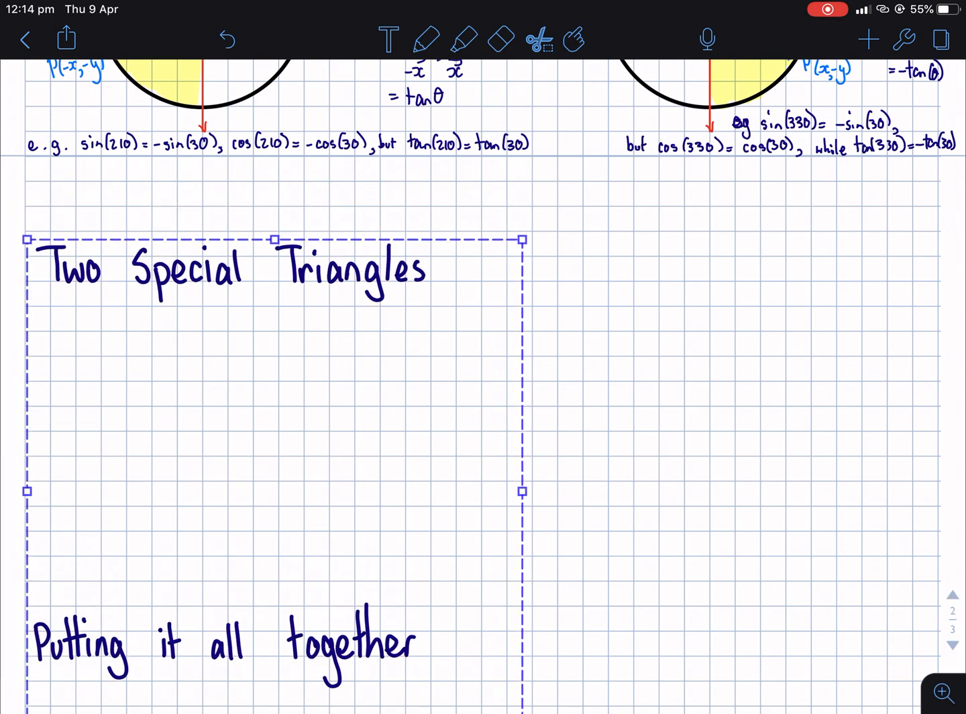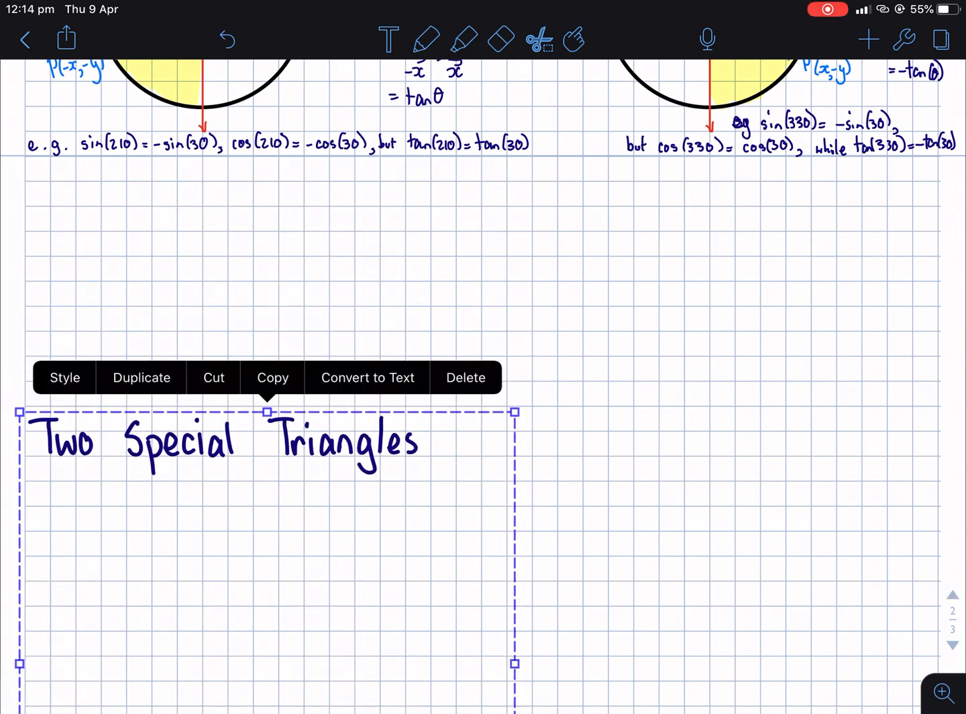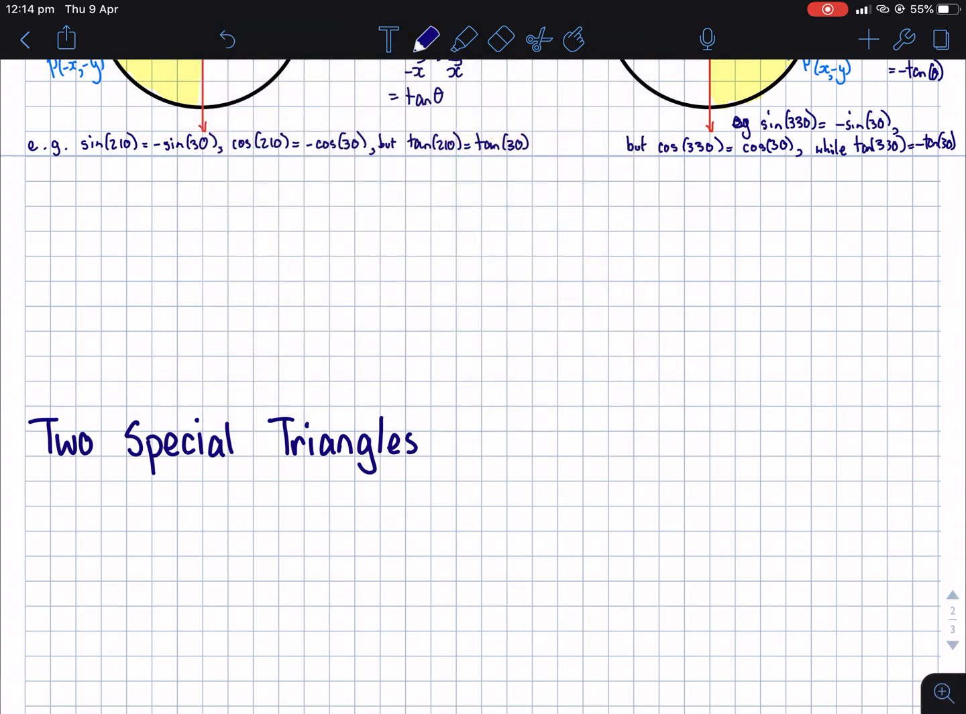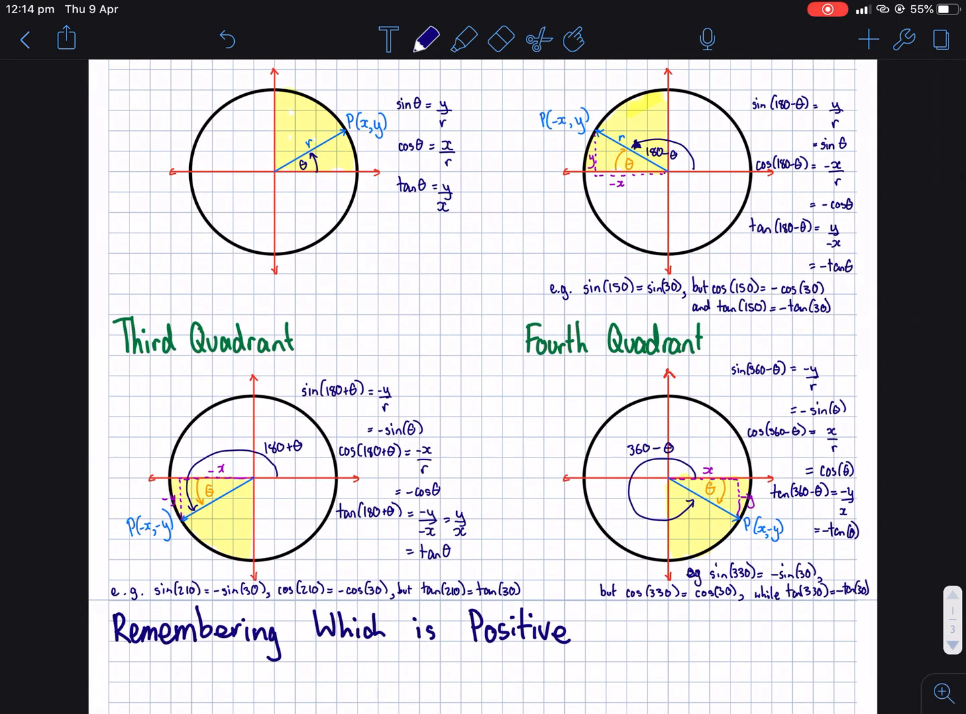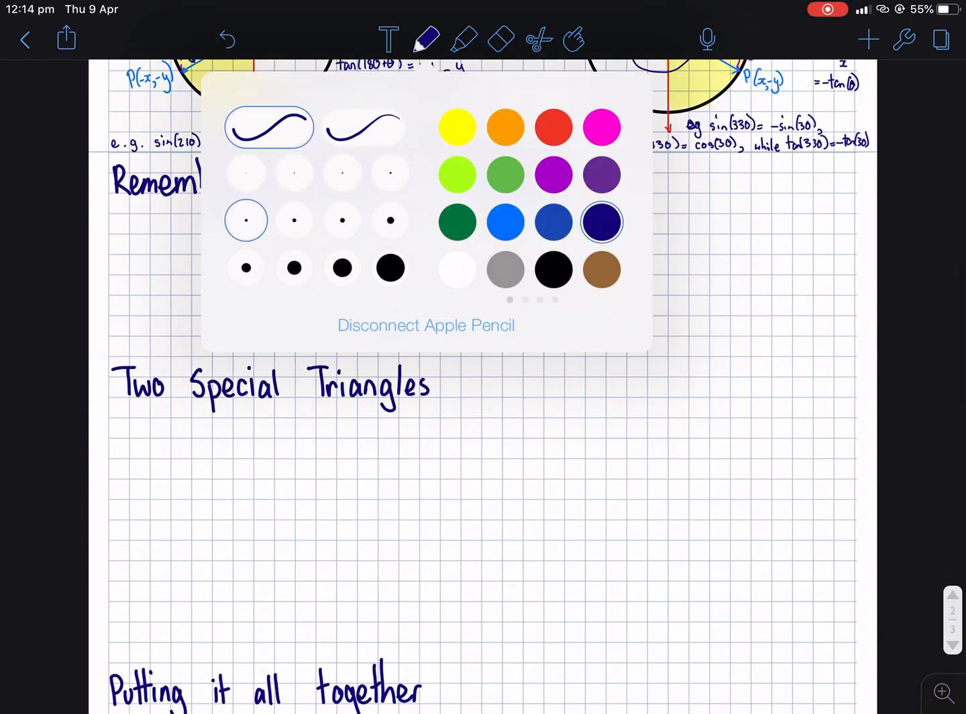Before we get on to two special triangles and putting it all together, a way to remember which one's positive. Because all the time, if you're ever given an angle that's more than 90, you're going to drag it back to its acute angle, the angle between it and the horizontal line, and then decide whether you're going to chuck a minus or a plus in front of it. So to remember which is positive,